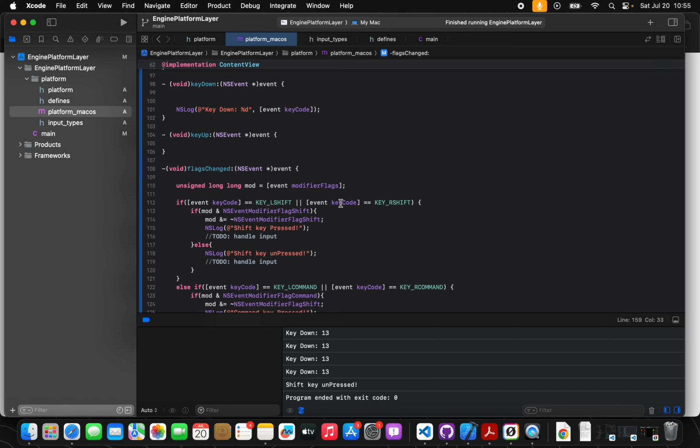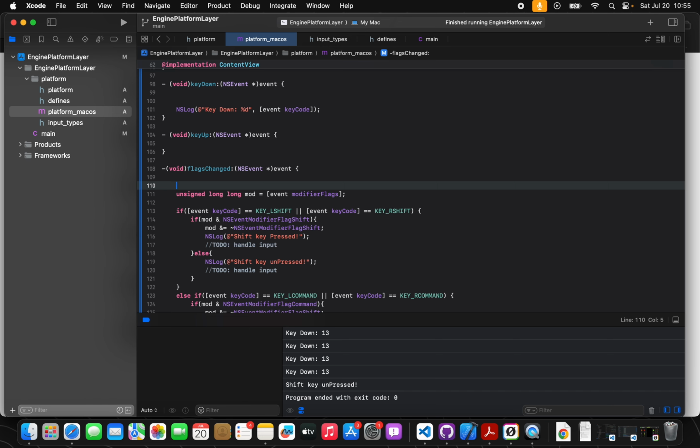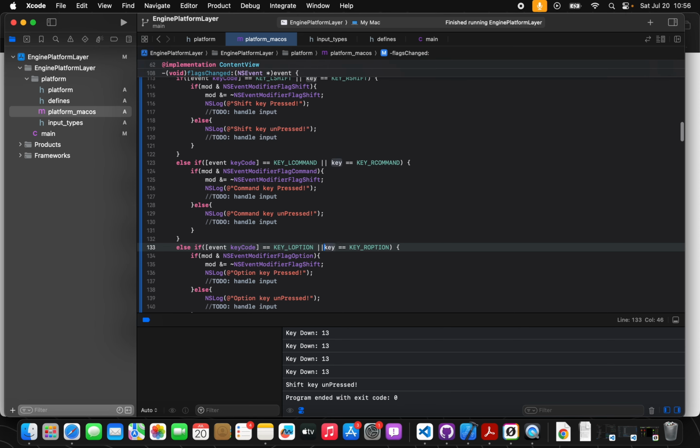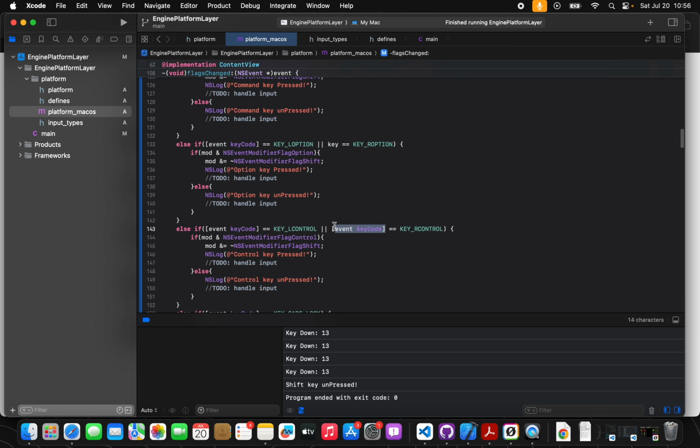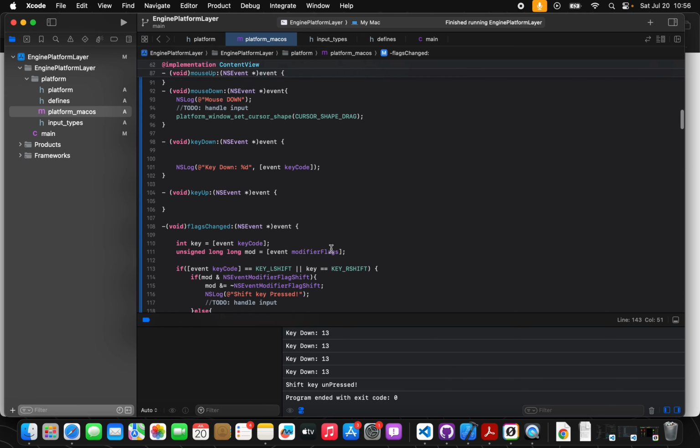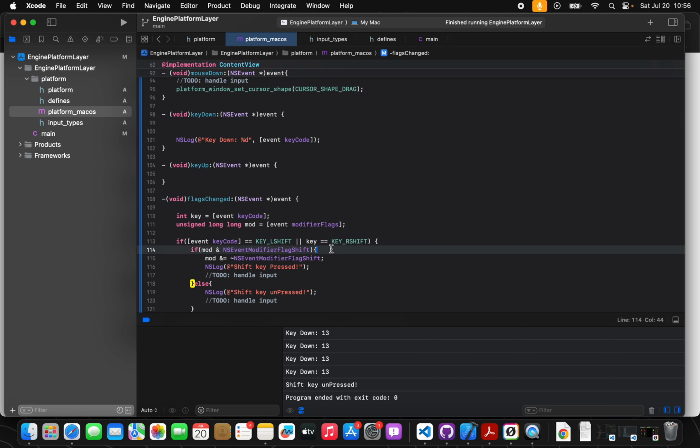Yeah, and then you could take out this as well and store it in its own thing, but you know what, let me just do it. Event key code, like so, and then you can just replace this with key, like so. I'm just gonna copy this. Yeah, good practice, I guess, to do things this way, but you don't have to. It just depends on how you want to do things. Yeah, and again, the whole purpose of this series is to show you different ways of doing things, so now you know. Okay,